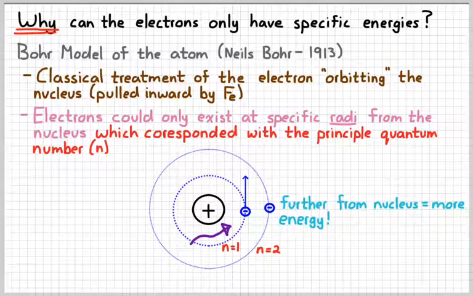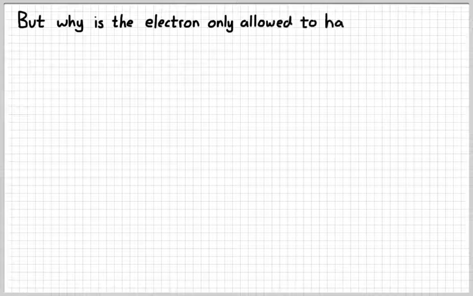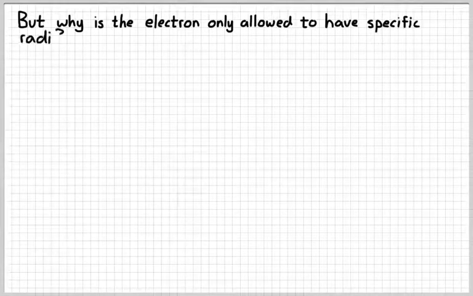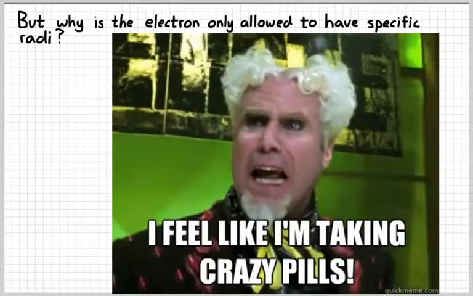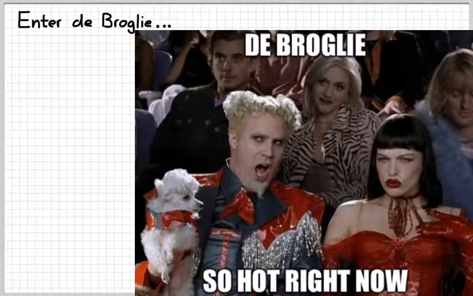And so you might notice right away the problem with that. Why is the electron only restricted to a certain radius? It's like we really haven't answered the question any better than we had before. Why is that true? In order to explain this, we have to deviate again from classical behavior. We have to consider the fact that de Broglie thought that all things could act like a wave. And so we have to invoke wave-particle duality in order to explain why the electrons can only exist at specific